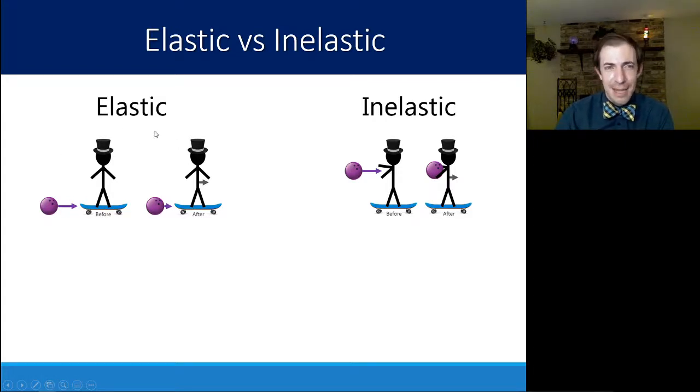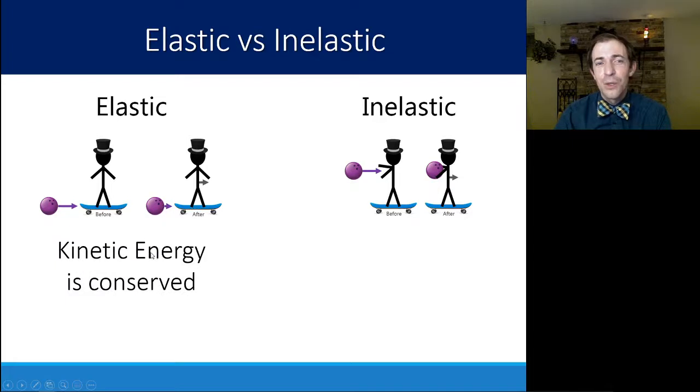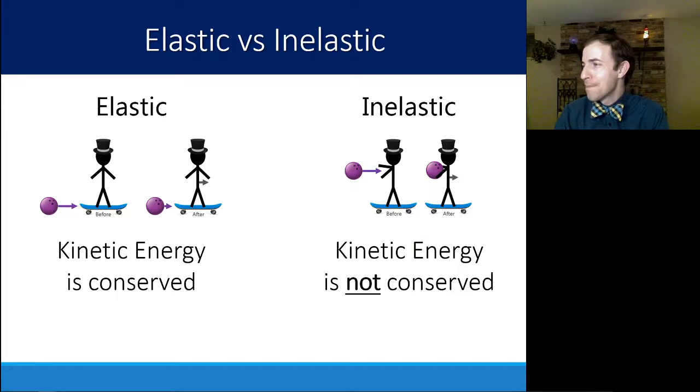So this first example, elastic, is a collision where kinetic energy is conserved. You could do the exact same analysis, but instead of looking at momentum, you're just finding the energy of all the system components before and after, and you'll find that the overall energy is conserved, that no energy was converted away from kinetic. Now that is actually pretty uncommon. That only really happens on a molecular scale, because most situations are at least in some form